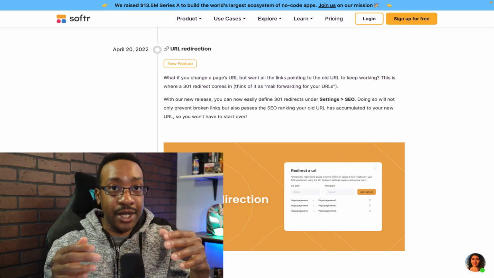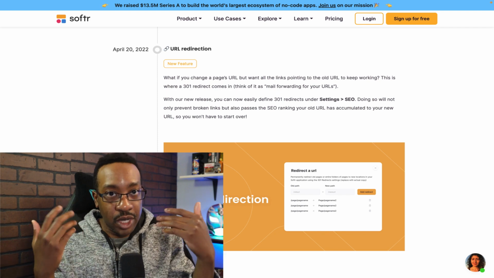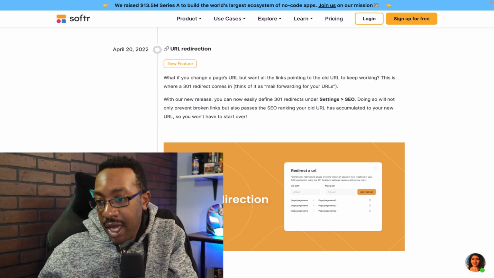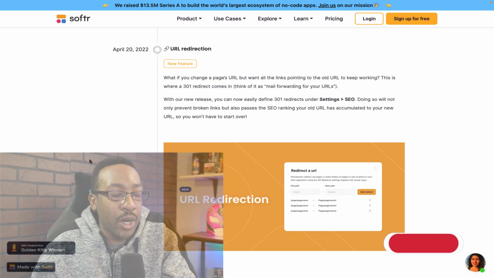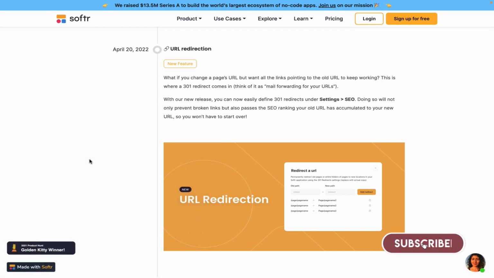So you can have redirects. So this is perfect. So you won't have broken links and all of those things. I really, really like this. And this will help with your SEO ranking as well. When you're looking at someone to optimize your site, you want to make sure that you're mitigating all of those broken links. And this allows you to have a fresh start and you won't have to start over.